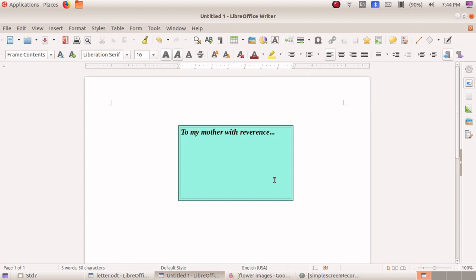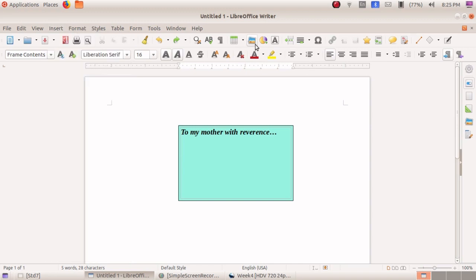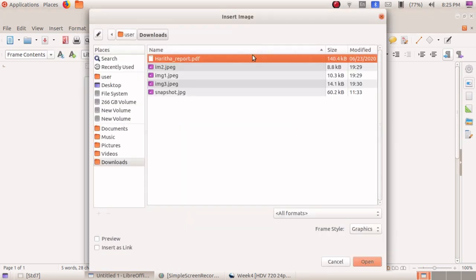The next activity, I am going to include a picture inside the frame. For this, bring the cursor inside the frame. Next step, after clicking inside the frame, click on the Insert Image tool. You have to select the tool directly from the toolbox. Otherwise, click on the Insert menu, Image. Now I am selecting the tool from the toolbox. Click it.